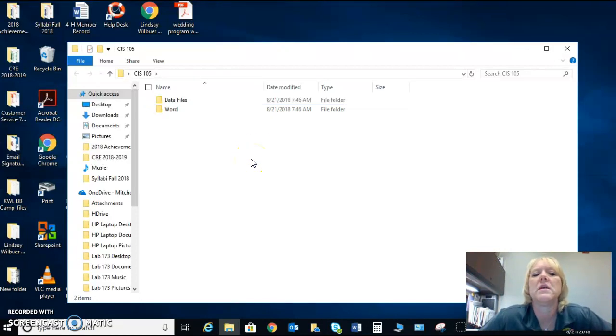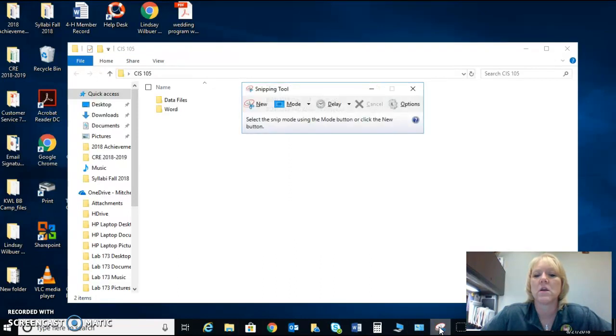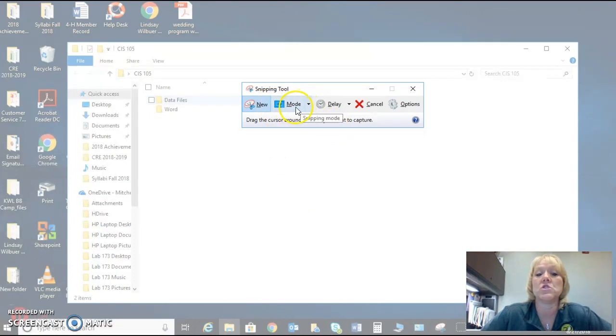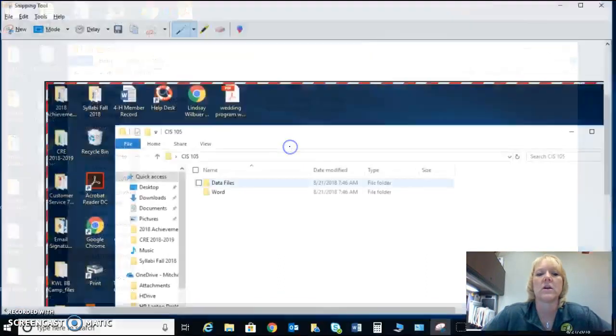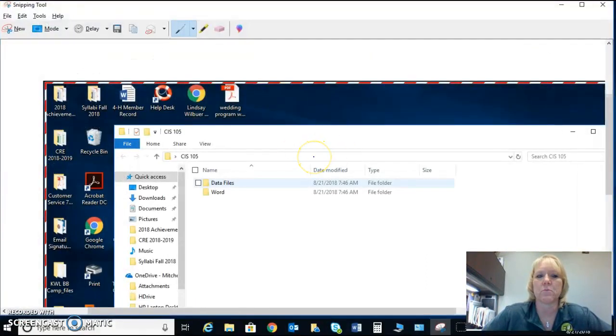What you need to do then is send me a screenshot of that so I can grade it. There are a couple of different ways to do a screenshot. If you go down and search for the snip tool, this is the little tool that I have pinned to my taskbar with scissors. You select that, you do a new snip, and then what do you want your new snip to be? If I want it to be the screen, I click on full screen, it snipped that for me, and then I can go into my email and I can paste that.